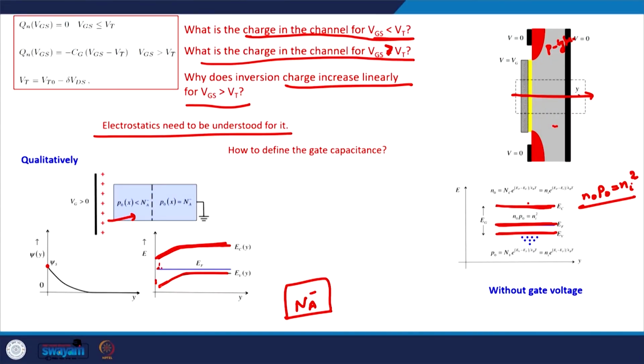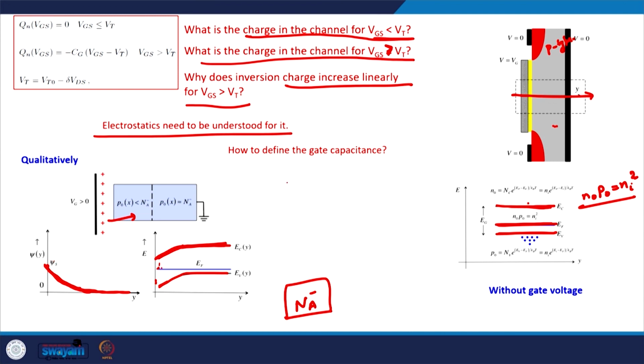What it means is that the excess carriers, the holes that were present, have now depleted, and there is a negative charge, or depletion charge, in the system. And the potential corresponding to this will be given by this function,